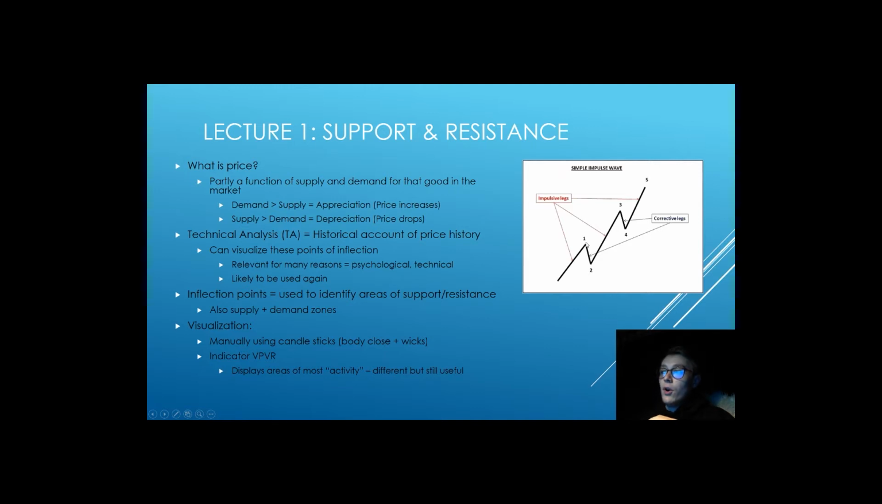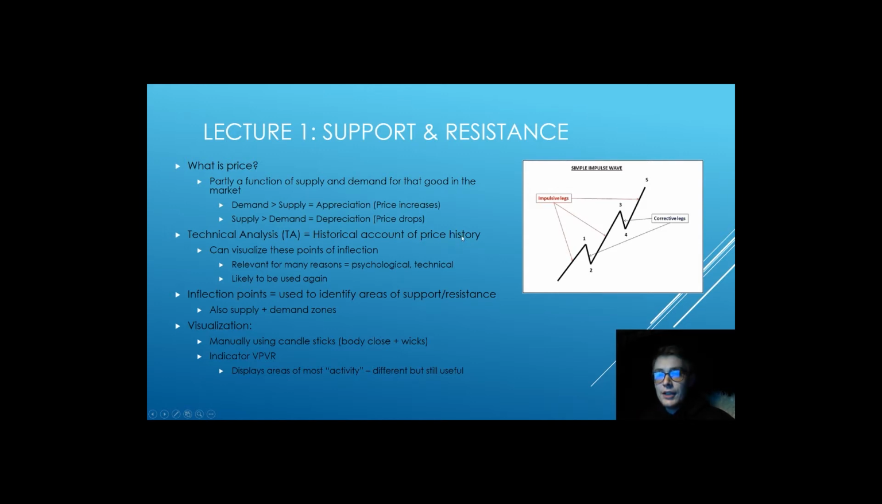And although this is identified as a resistance, and you would hope that price action rejects off of that, it can also be used as a confirmation of having upside continuation. We'll talk about that in a little bit when we get into the charts. All I wanted to say is technical analysis simply is a historical account of price action,